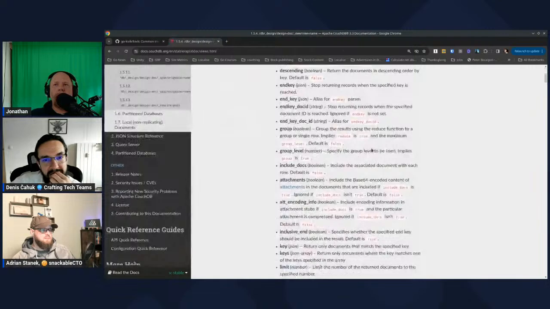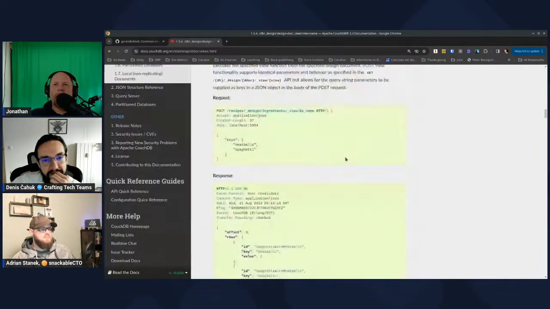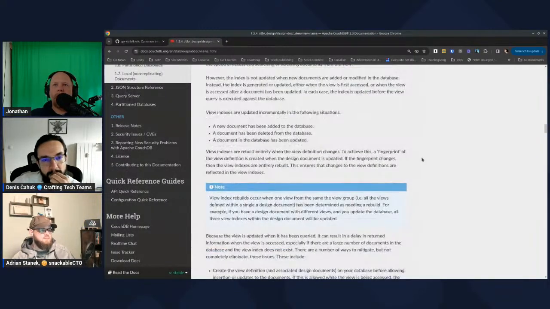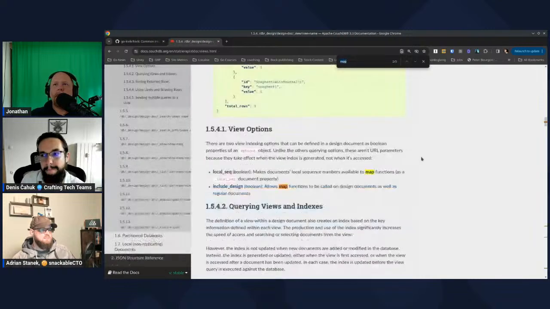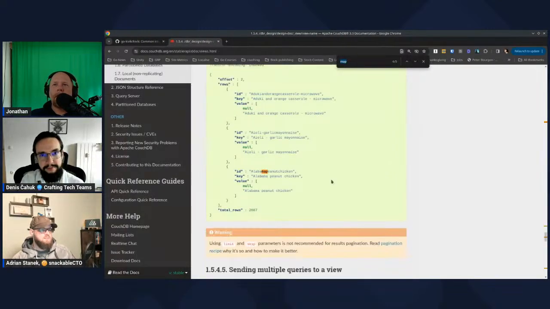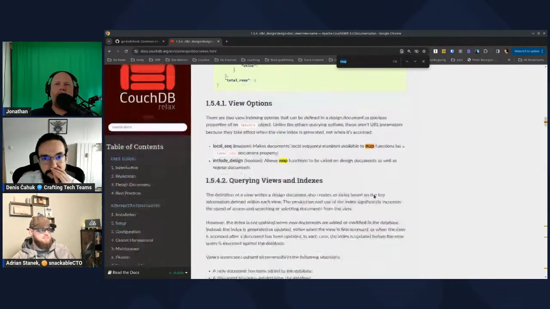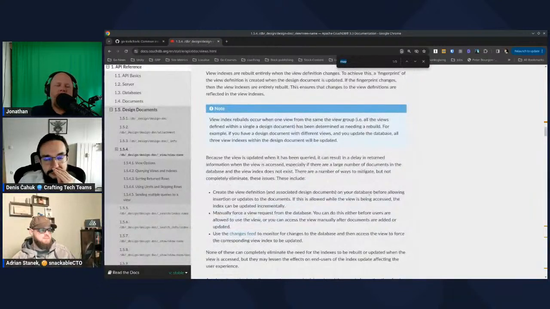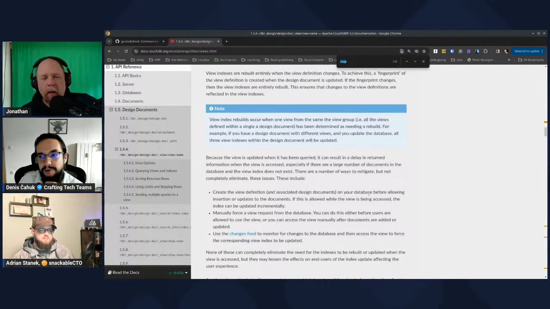So you create a view, and you can pass it some JavaScript. It needs to match a certain function signature, take certain input, return certain output, and then you can create custom MapReduce functions.